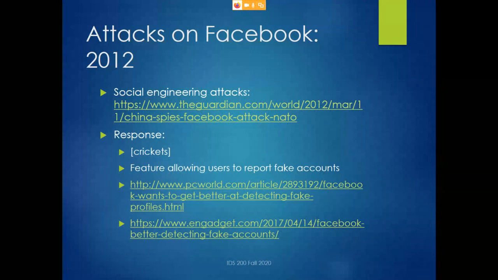2012, social engineering attacks. This is an article about some Chinese spies trying to get some sort of information about the admiral in charge of NATO at the time. NATO, North Atlantic Treaty Organization, basically the North American and Western European alliance. They were trying to create fake profiles of the admiral or friends of the admiral so that they could communicate with other people and try to get information from him.